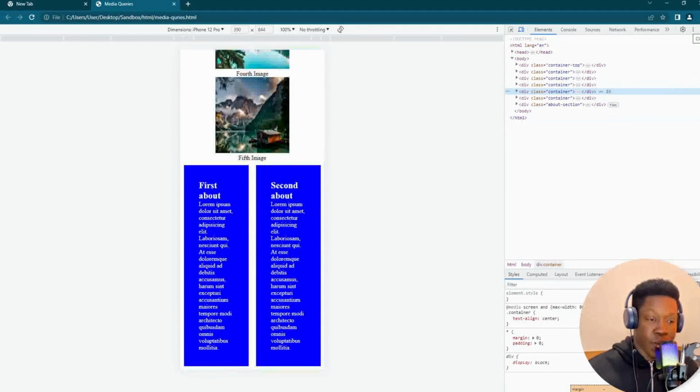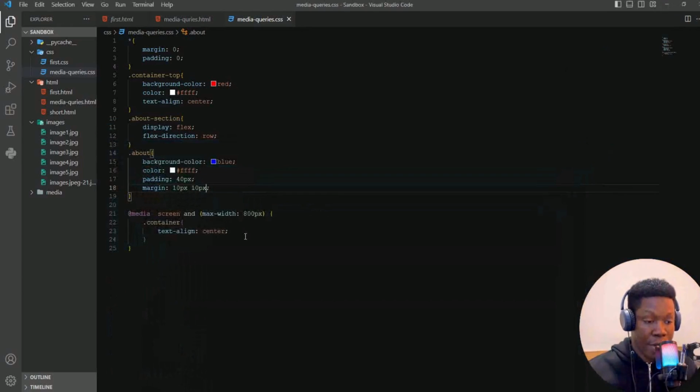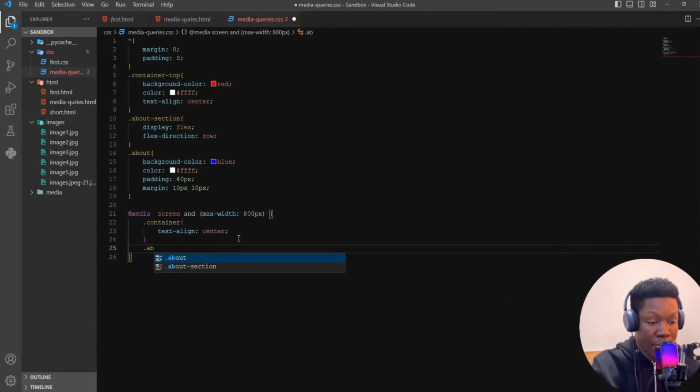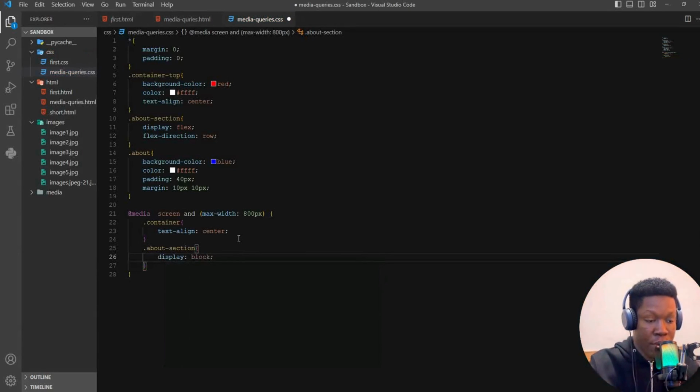So instead, in the place where I've targeted that width, I specify .about-section, which I actually gave a display of flex. Open my curly braces. Now I give it a display of block, because block elements basically break down each other. So if I save this and I refresh,